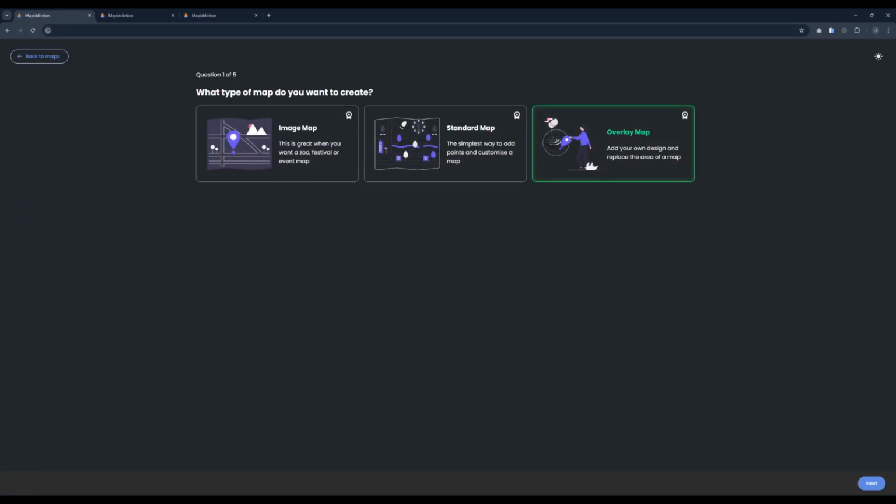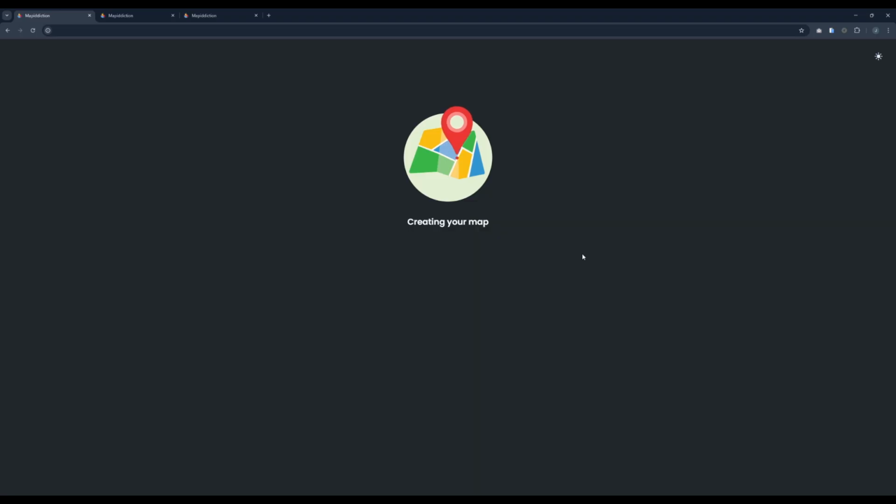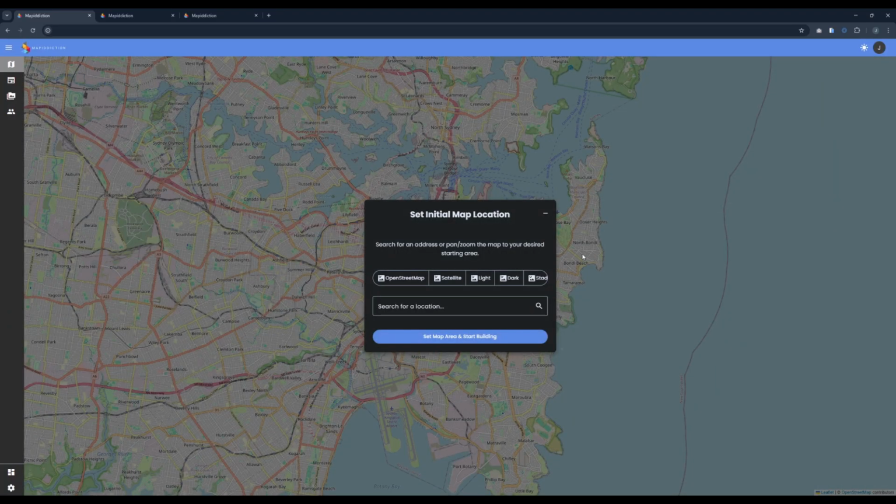And the next one I'll show you would be an overlay map. So just to give you a key difference between what's available in a geo-based map versus an image map, because standard and map overlay are very much similar. You're just overlaying an image on top of a geo-based map. We'll call this one overlay map, and we'll use the same image just to show you exactly how the builder differentiates between geo-based and